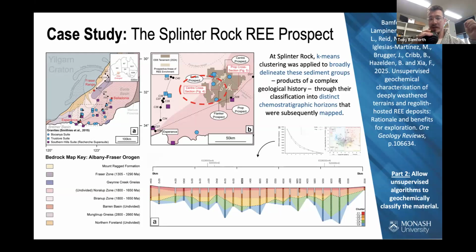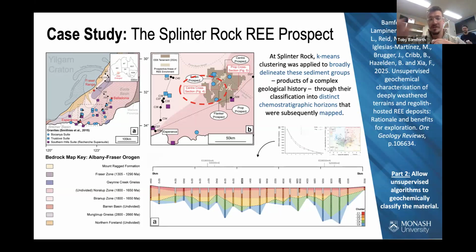The first is that the k-means has managed to define horizons that are stratigraphically continuous, meaning that there's not a huge amount of samples that don't fit where they should based off unsupervised analysis. I've not had any say in this. I just let the clustering do itself, and it's managed to return to me a model that at least, from the first look, makes geological sense because you have